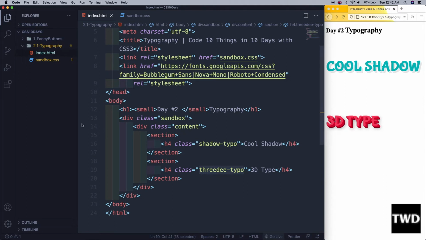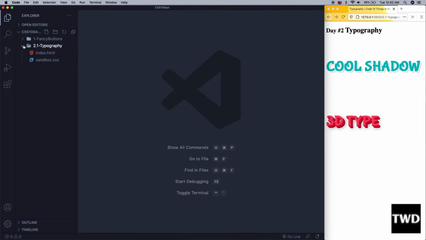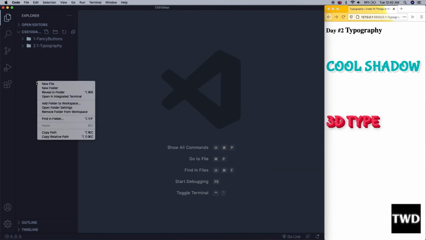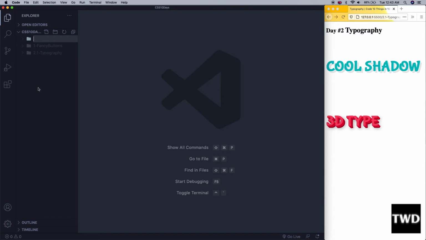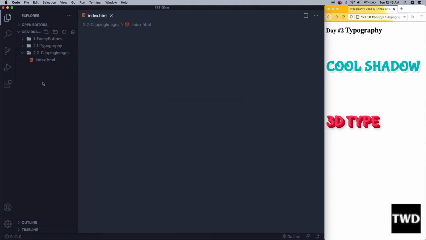Okay, it is offline. Then let me close this, new folder with this clipping image. We'll learn this, then index.html, and